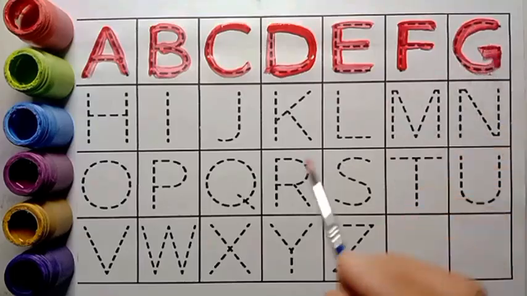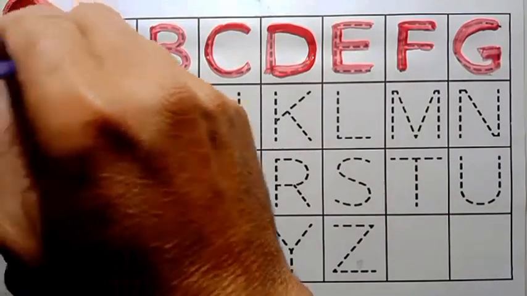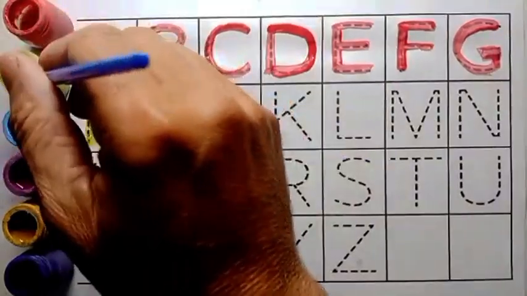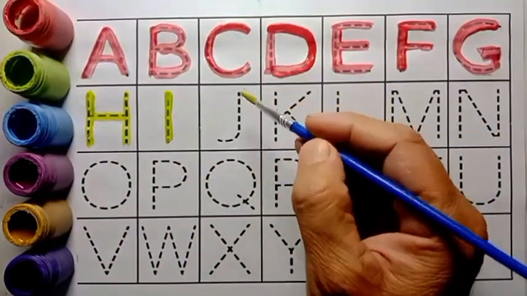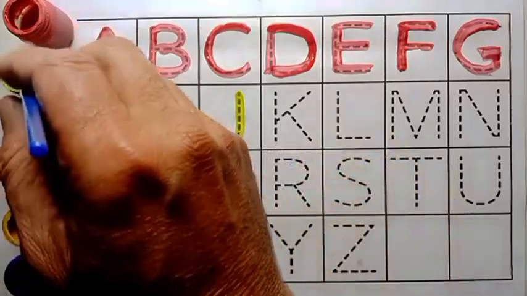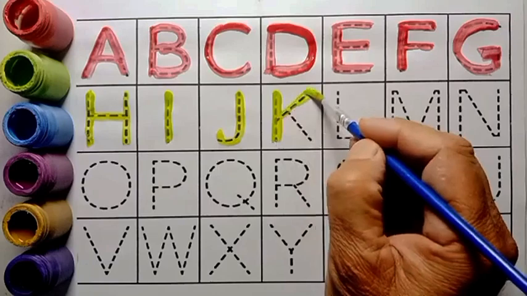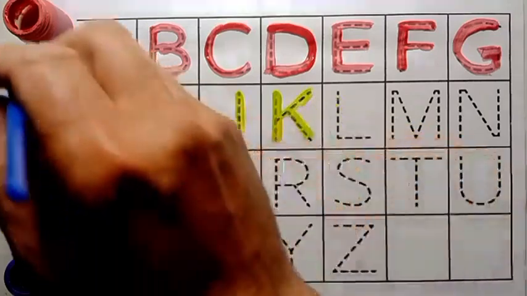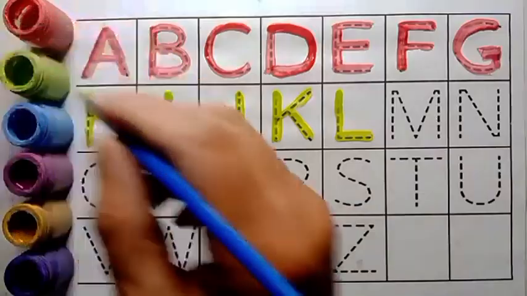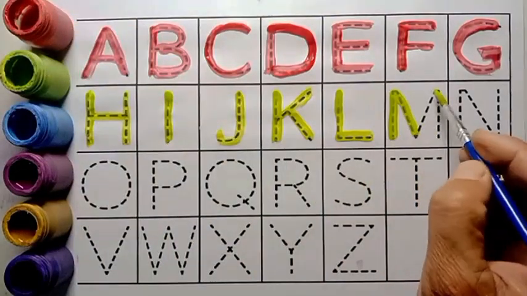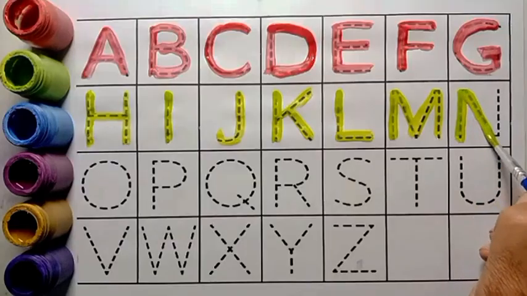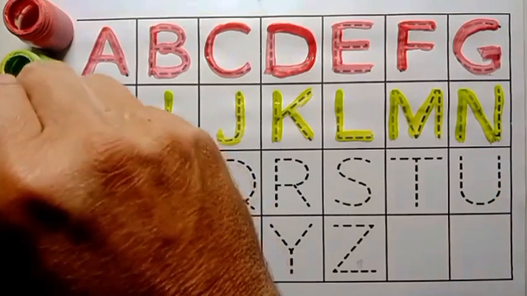G for goat, green color, H for horse, I for igloo, J for jug, K for kite, L for lion, M for mango, N for nest, blue color,